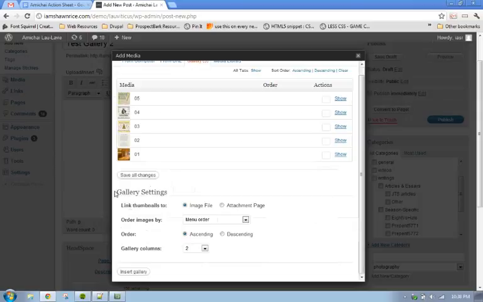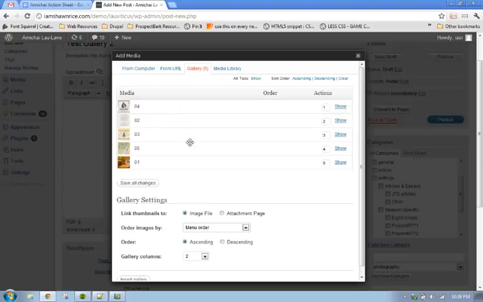And then with the gallery settings, you want to leave this first option, this link thumbnails, to the image file. For order images, we can have the menu order, and then you can actually click and drag them here in this menu to adjust the order that they will appear. And you can see the numbering here on the side. Makes that really simple, so that you can slide them around into any order that you would like. Order ascending